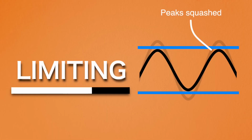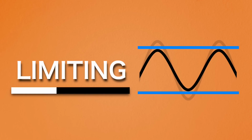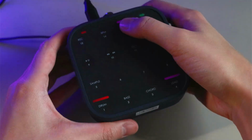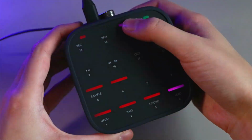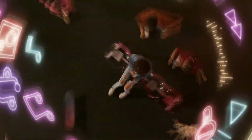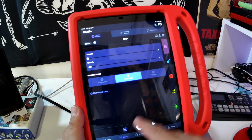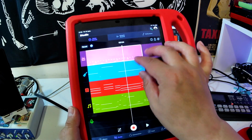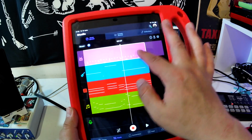There should be a limiter that prevents the device from crossing a certain loudness threshold. This thing is marketed as an improvisational tool. But how can you improvise live when you turn on a synth and it screeches so hard it blows your speakers? I also don't get why the developers built a visual studio inside the app, but didn't allow for basic